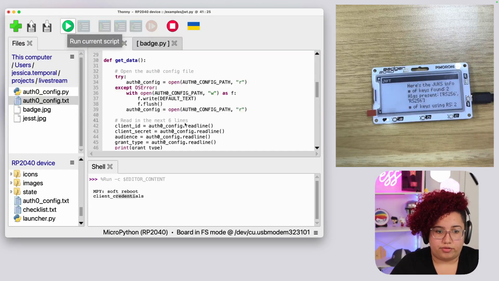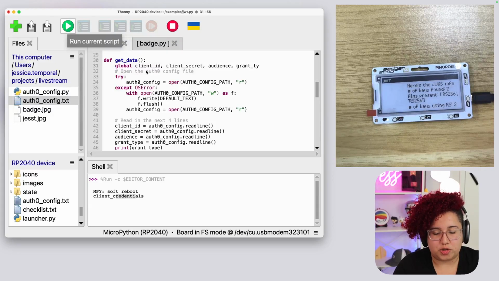Read the next 4 lines. And global, and I want client ID, and client secret, and audience, and print.